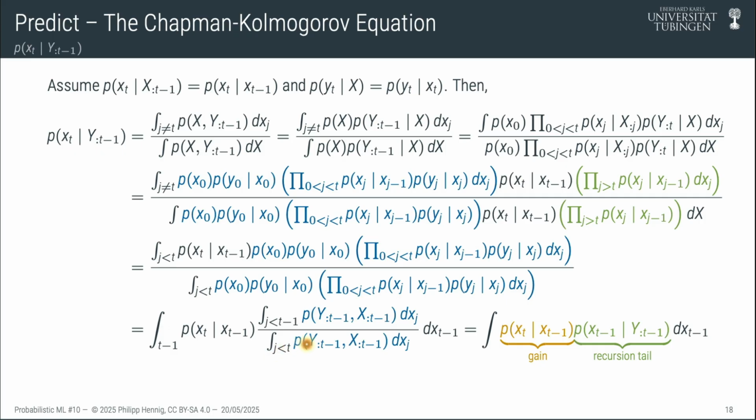But there's only one integral left, which is an integral over t minus 1, where the integral over dx t minus 2 still cancels, does it? Let's see, t minus 1, so add that t minus 1.